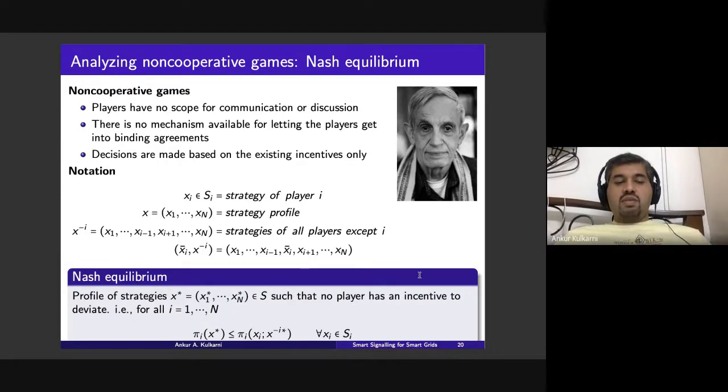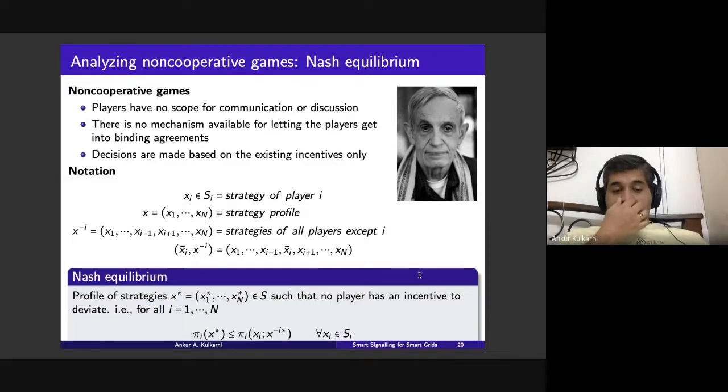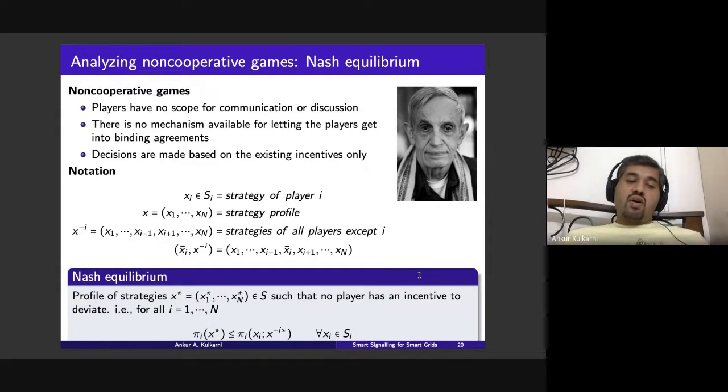So a Nash equilibrium is a profile of strategies x1 star to xn star such that no player has an incentive to unilaterally deviate. That means for every player from 1 to n, you look at the payoff of the player, the cost function of the player, which is the cost that he would get when all players are sticking to the strategy x star, and you compare